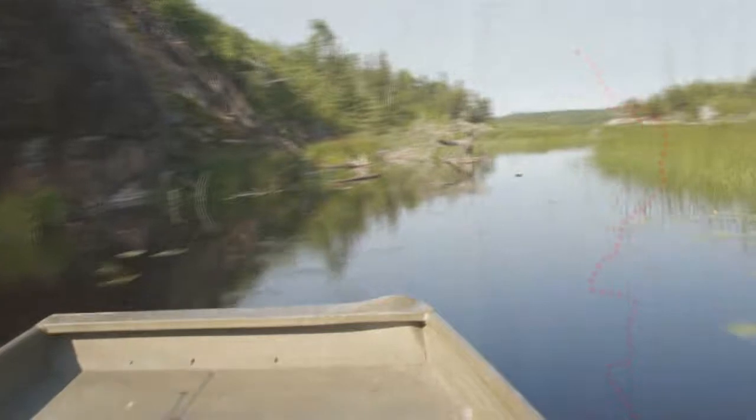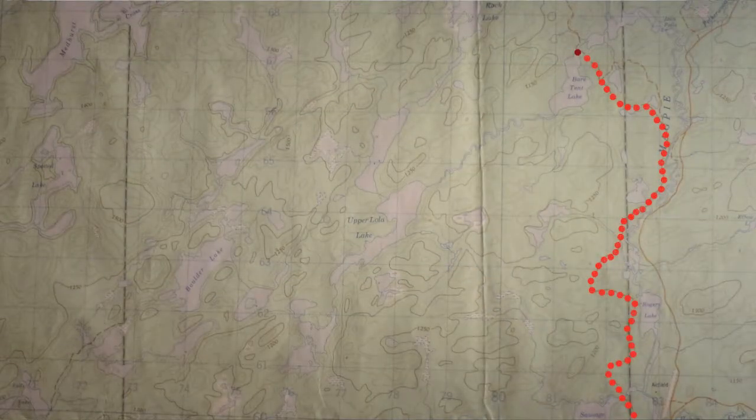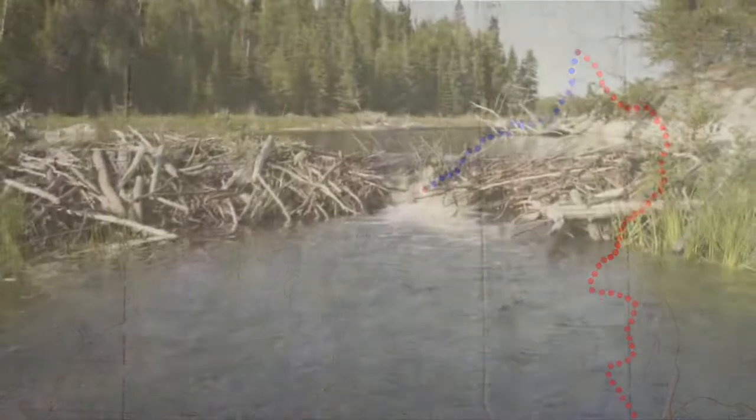We start our trip via water in Bear Tent Lake. This leg of the trip is about 1 mile and takes us to a creek which is just over 3 miles long, ending at a beaver dam at the end of Upper Lolo